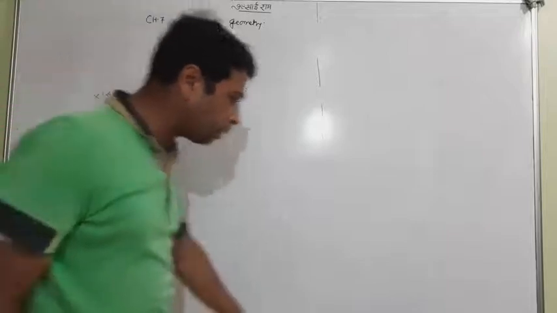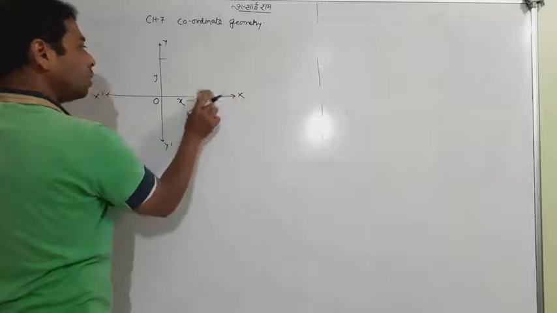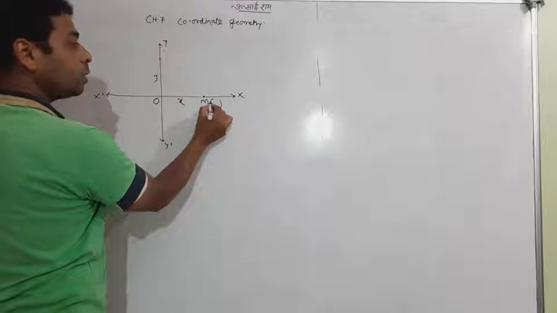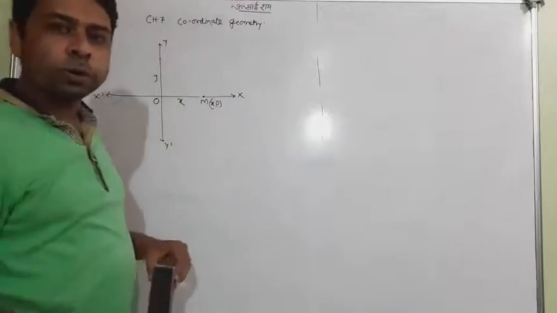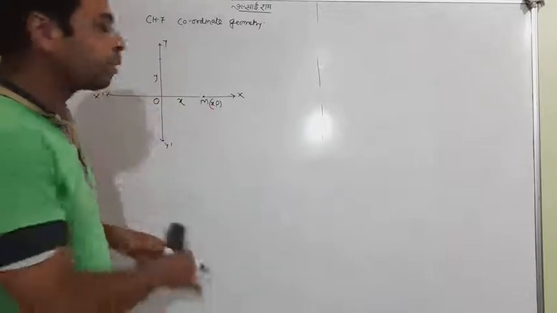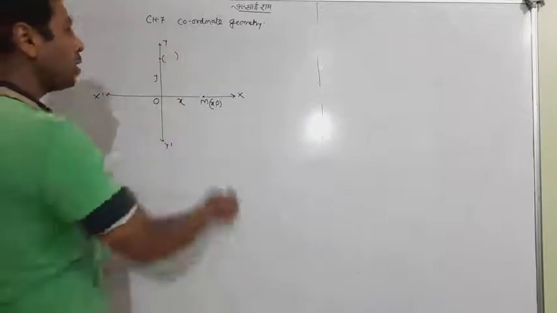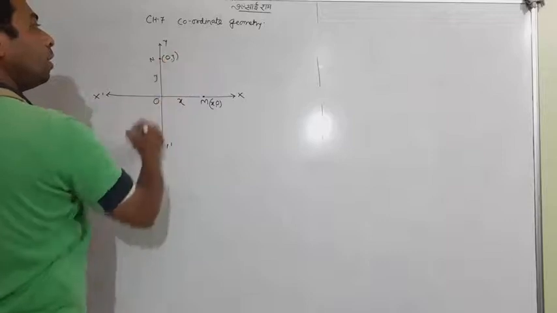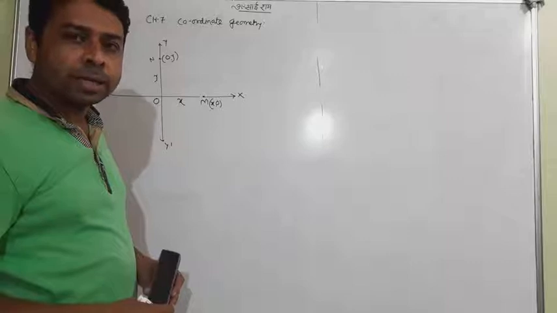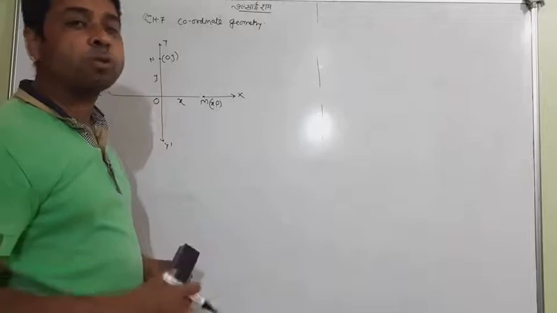That is a very simple concept, and on the basis of it I want to tell you a few things. Suppose a point on the x-axis is at distance x; the coordinate of this point will be (x, 0), since any point lying on the x-axis automatically has y coordinate 0. Similarly, a point on the y-axis at distance y will be (0, y), because its x coordinate is 0. So remember, any point on the x-axis has y coordinate 0, and any point on the y-axis has x coordinate 0.